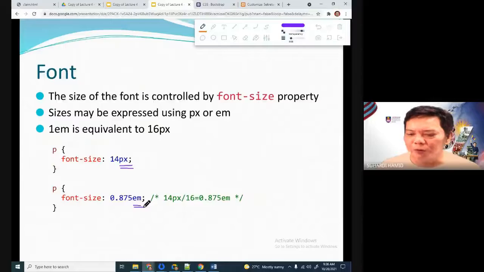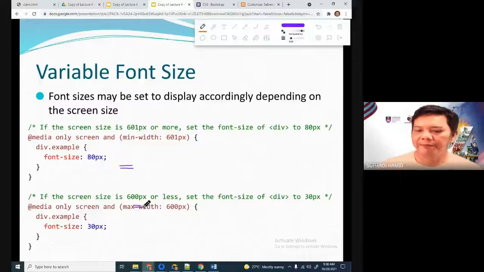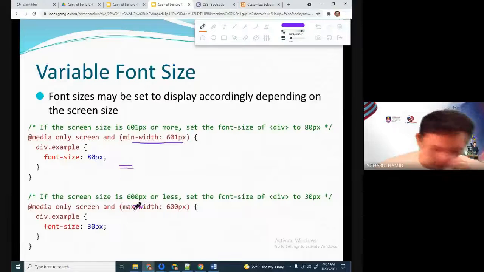Most people would go for pixel. Font sizes may be set to display accordingly depending on the screen size. So in this case, minimum width is that,